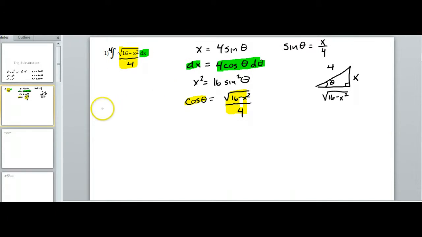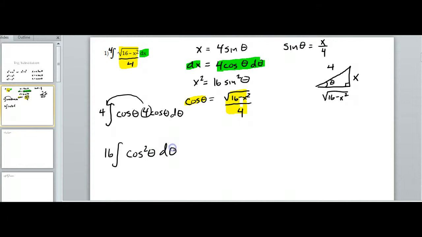So when I make my substitution, I've got 4, the integral of this yellow is the cosine, so cosine theta, dx is 4 cosine theta d theta, so another 4 cosine theta d theta. I'm going to let this 4 come out and join the 4 that was already there. So that's 16 times cosine squared theta d theta. Alright, and then you can use your table of integrals. You can also just use a double angle identity here to get this one if you wanted to, but whichever way you do it, you're going to come out with 16 times 1/2 theta, or theta over 2,